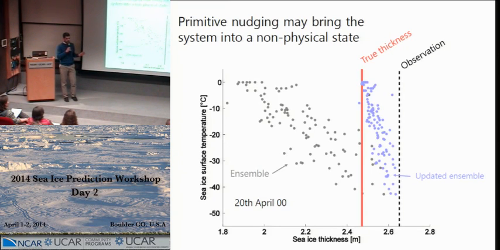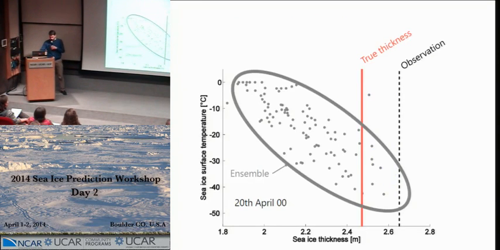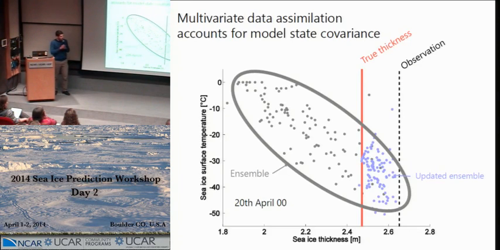If you break these relationships, then it may have very undesirable consequences for predictability, because you might bring your system into an unbalanced state, and you may just lose predictability after the first step of initialization. So what's the way out? Well, if you want to go forward, you have to take into account that you have some structure in your model and update each of the members to keep every dot inside this envelope